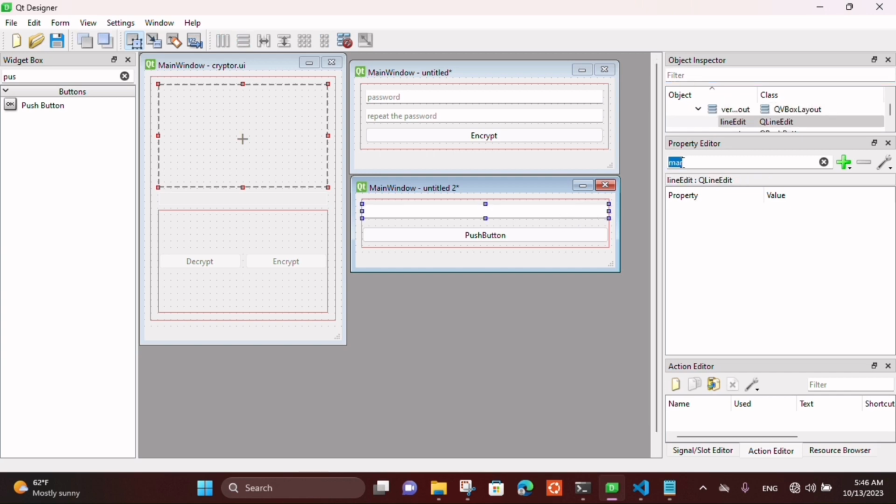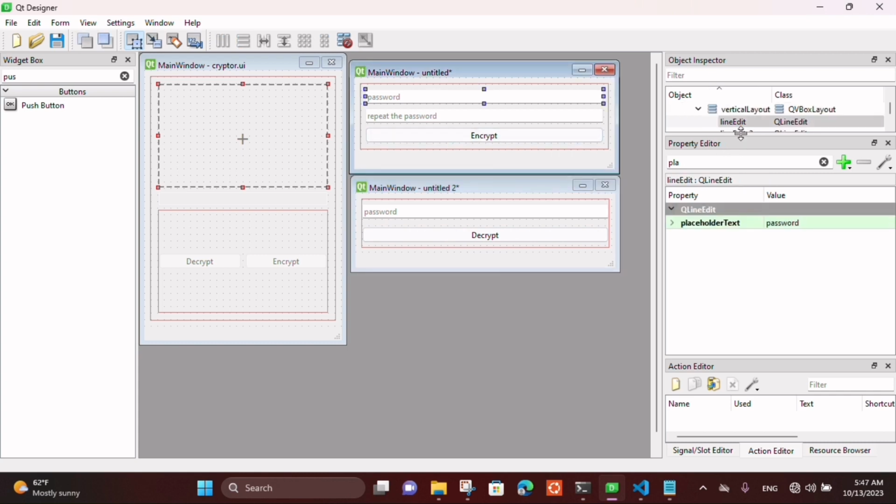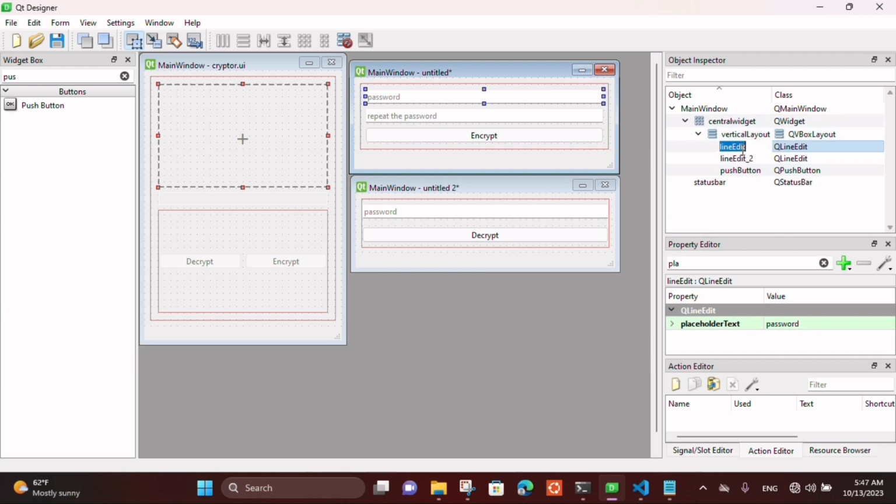I select the line edit, search here for the placeholder text and write password. And here decrypt. Well, I think it's okay. Let's change the names. This is password line edit. This is password repeat line edit,